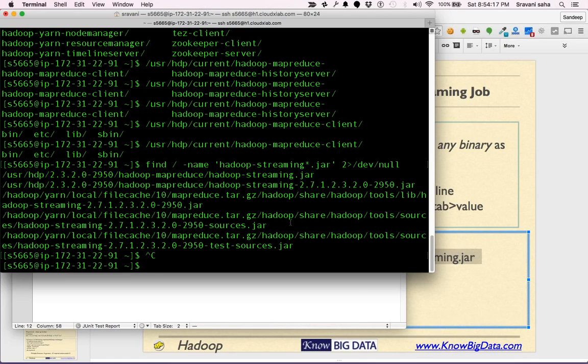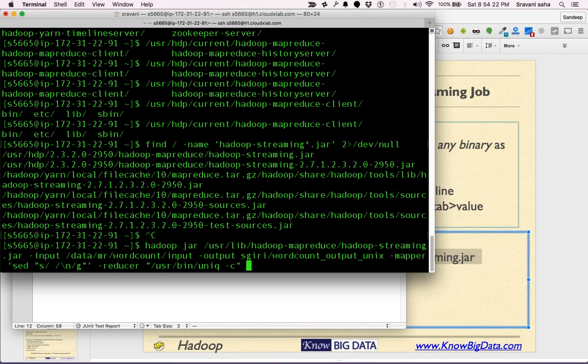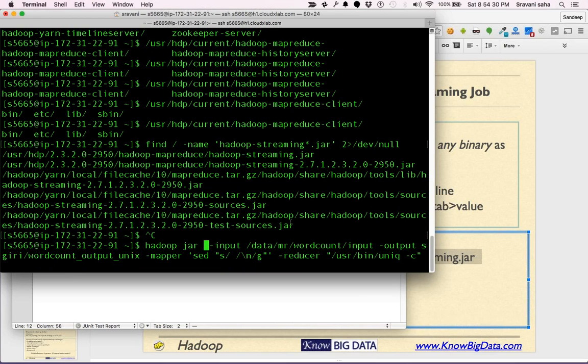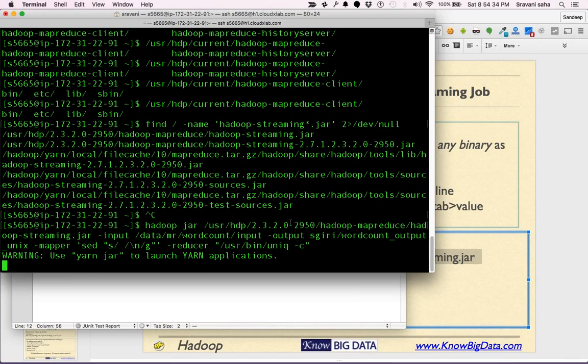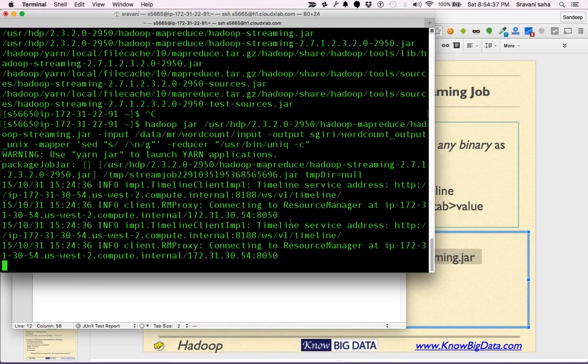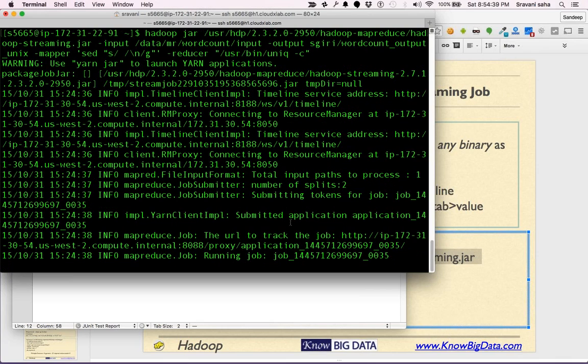Great. All right, let's try to do that. All right, let's see if it runs or not. Okay, you can see that it's submitting the job.